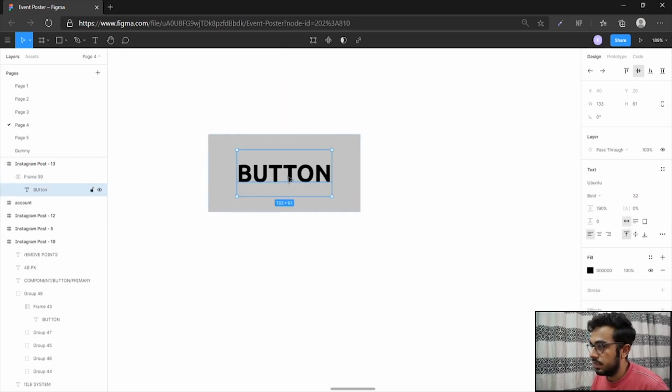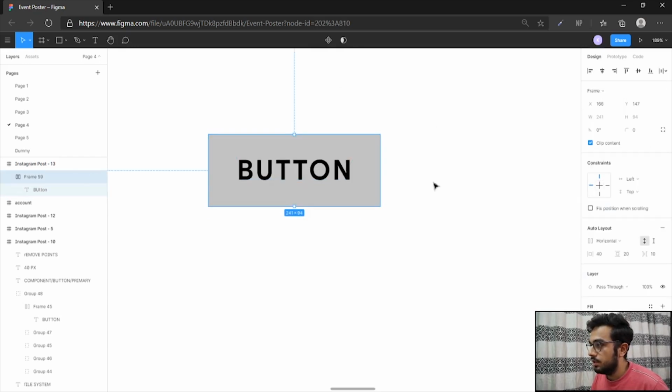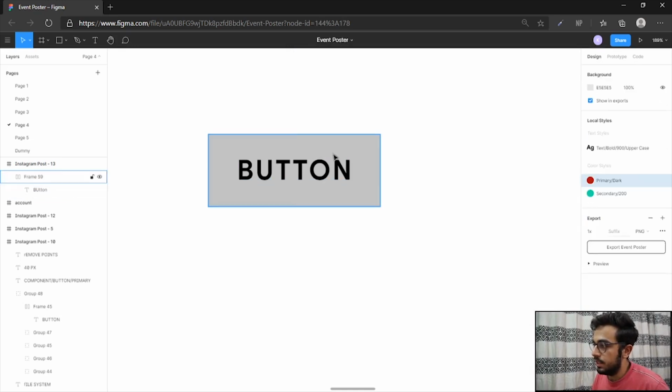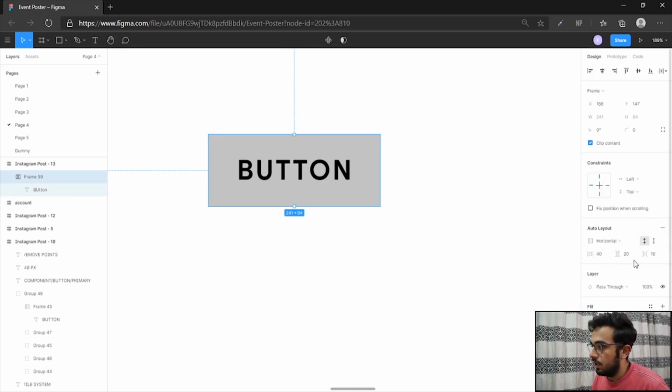And let me edit this text style. So how you can select this text inside a group is by clicking on the Control button and clicking on it with your mouse. And so let me give it this text style. So as you can see, this height automatically adjusts. So now I have this text to be a height of 54, and the top and bottom distance would remain the same as we have defined here.